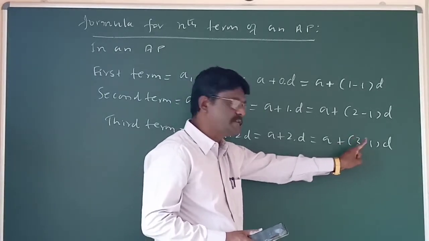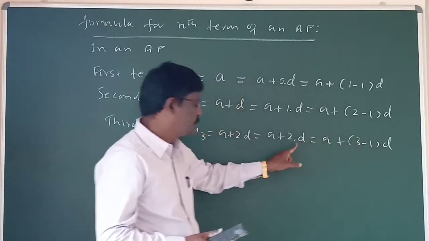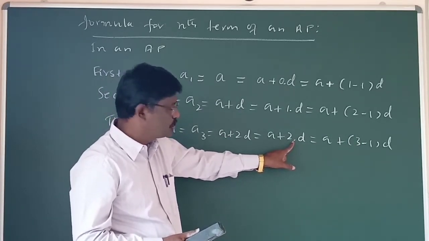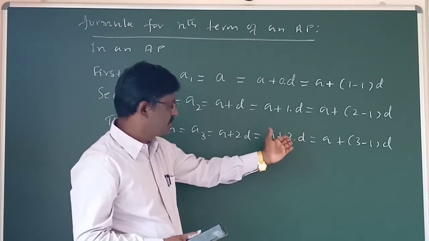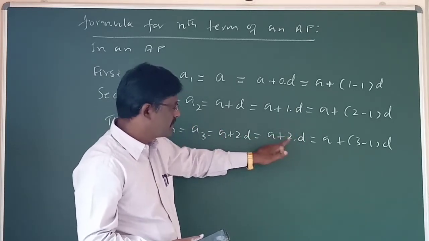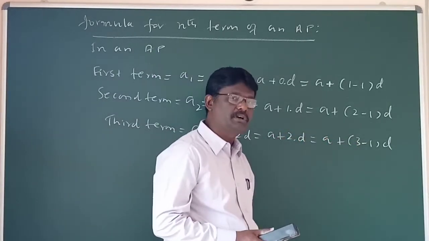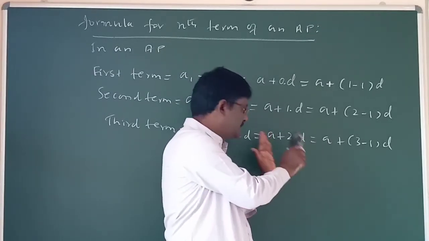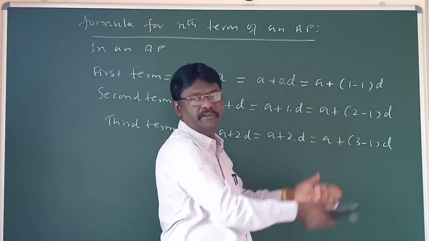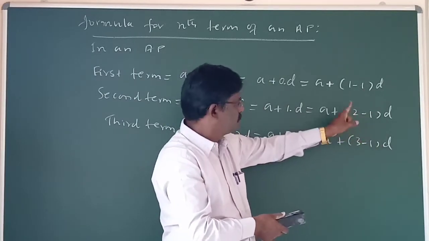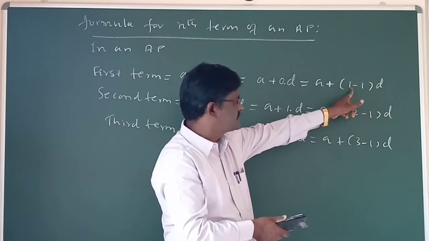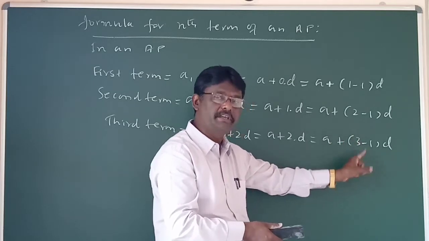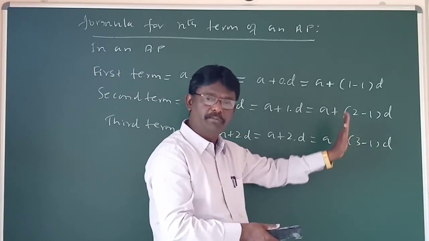Why is it 3 minus 1? Because we need 2, but not only requiring 2; even if our aim is getting only 2, this could be written as 100 minus 98. But along with getting 2, since it is the third term, you think in terms of 3. 3 minus 1, 2 minus 1, 1 minus 1: first term, second, third. Then how could the fourth term be? a plus 4 minus 1. Fifth term, a plus 5 minus 1.